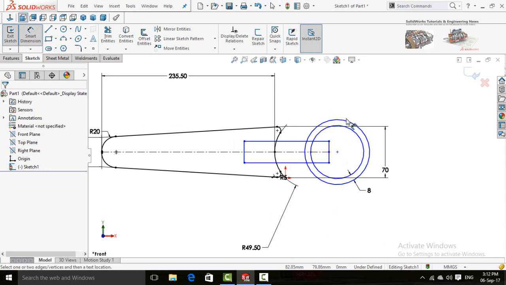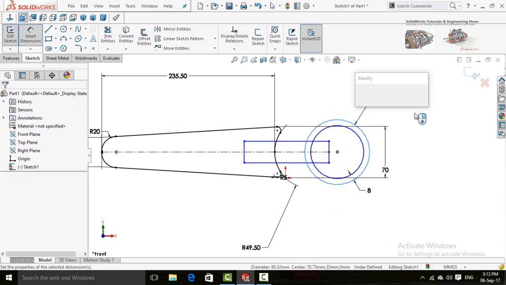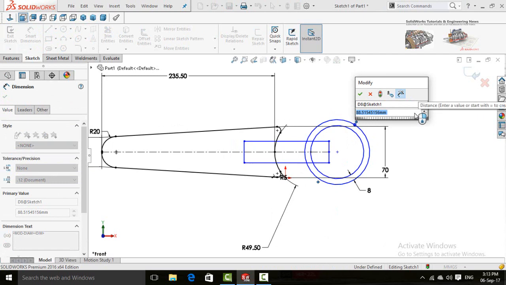Again, insert dimensions for this circle 49.5 multiplied by 2.